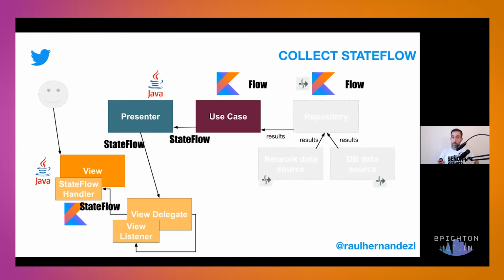Nothing else. But also, an important thing to notice here: if you have hybrid applications like I have, you need to collect the Stateful because it's a coroutine in a sense. So that means that you need to collect this from another Kotlin file, because you cannot really collect any coroutine with a coroutine context in a Java file. You need a Kotlin file for it.